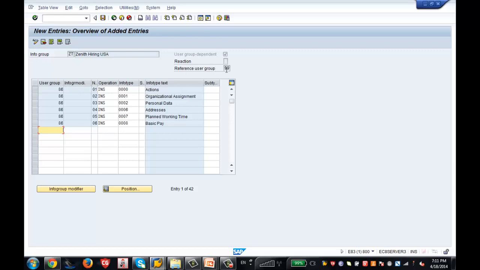What about the reference user group? You should always create also for the reference user group. Who knows, tomorrow some user might be joining the company and he is not assigned to the user group 86. In that case, he can use the reference user group. So I would just create a reference user group here for that particular group, and I would give the same info types. I would give the sequence here,